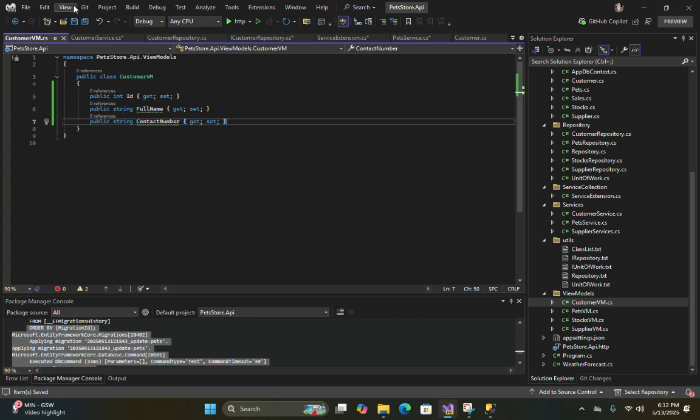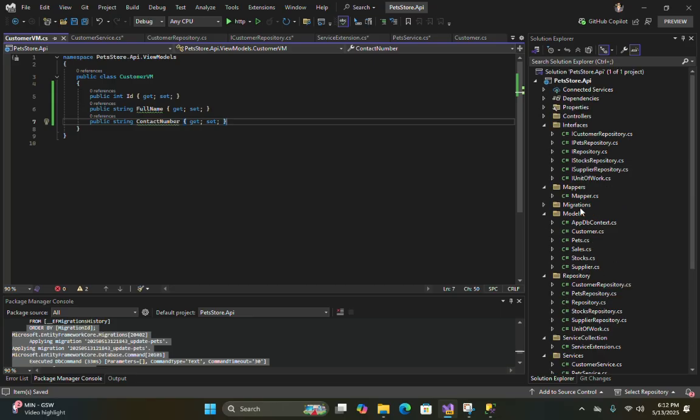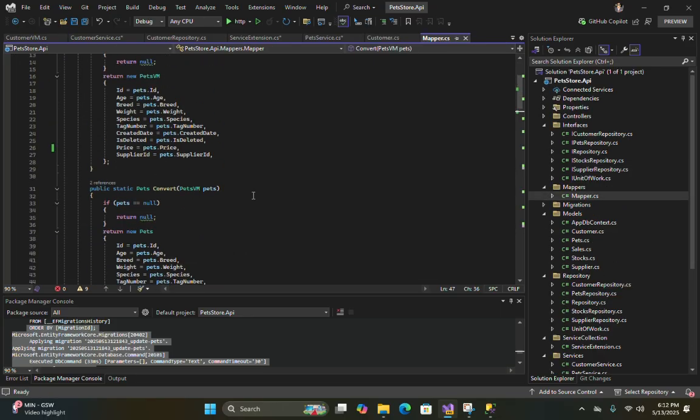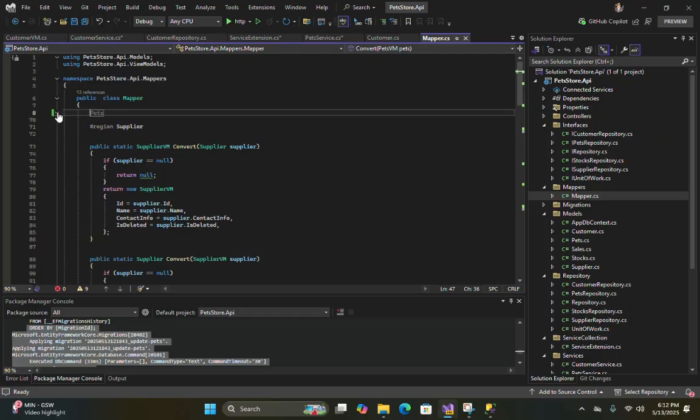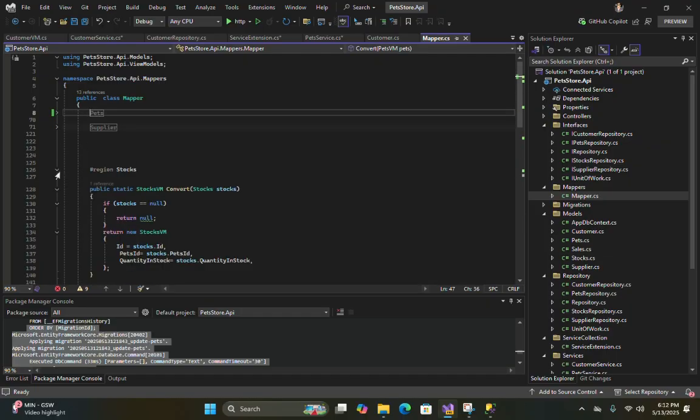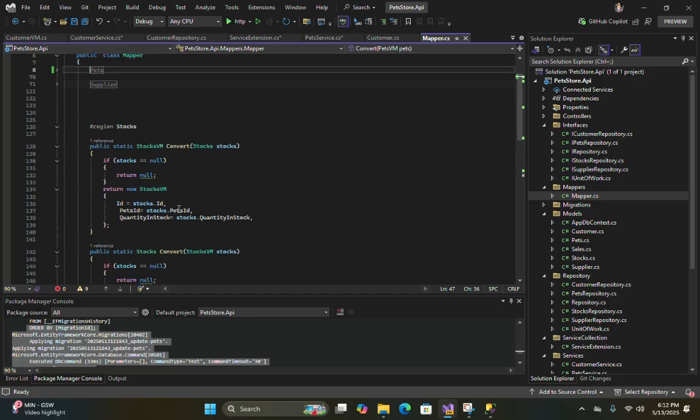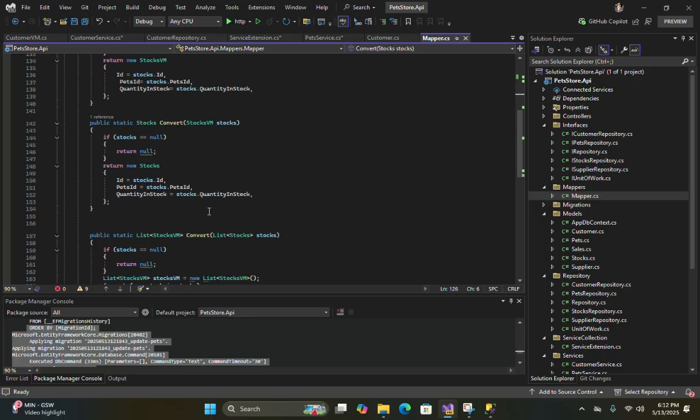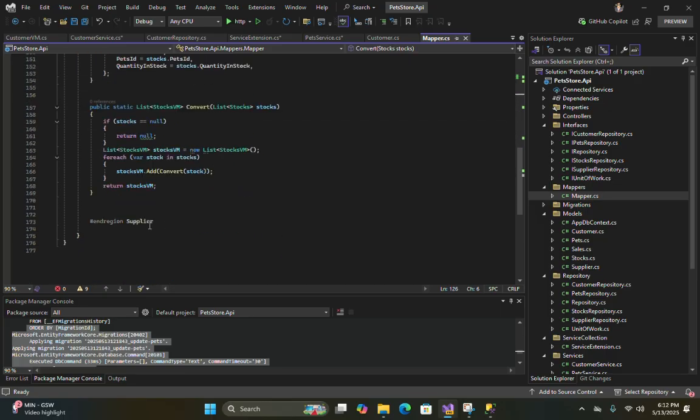Now do the mapping function for customer model and view model. Let's go to the mapper.cs. So, suppliers, stocks. Okay, let's copy stock. Is this one stock or stocks?